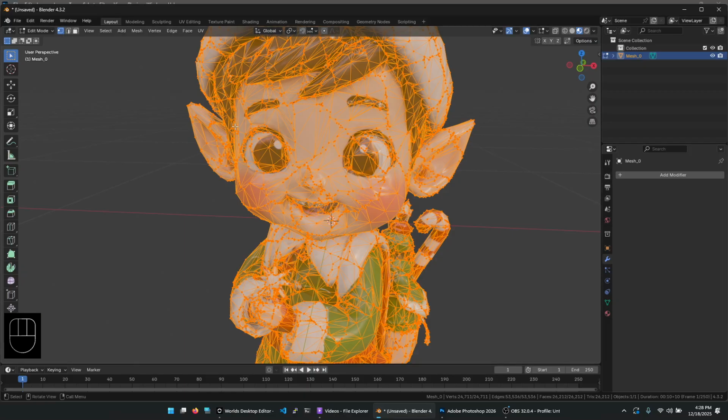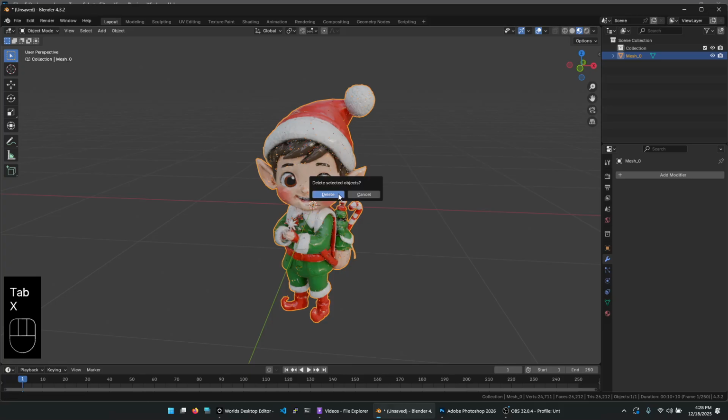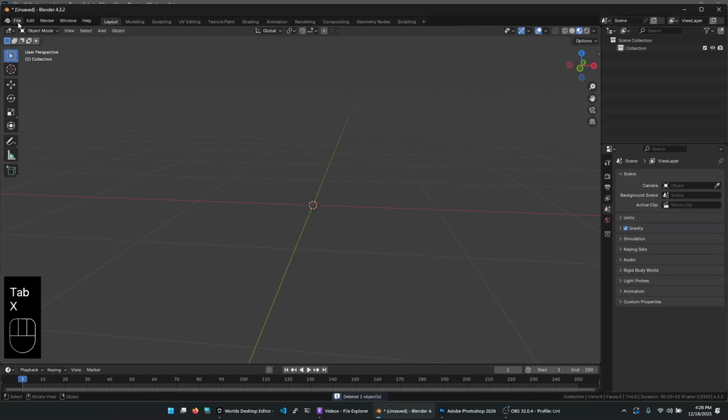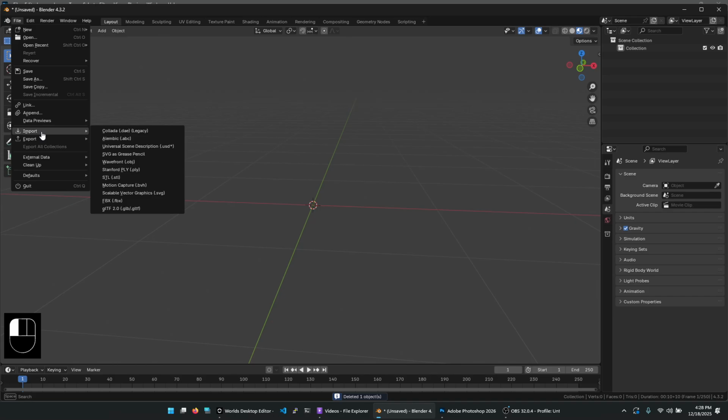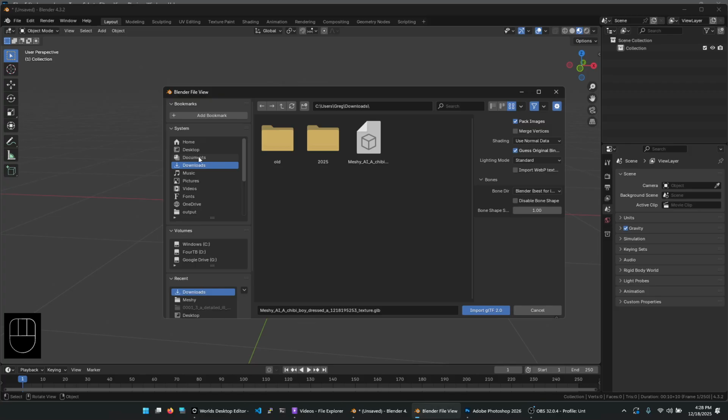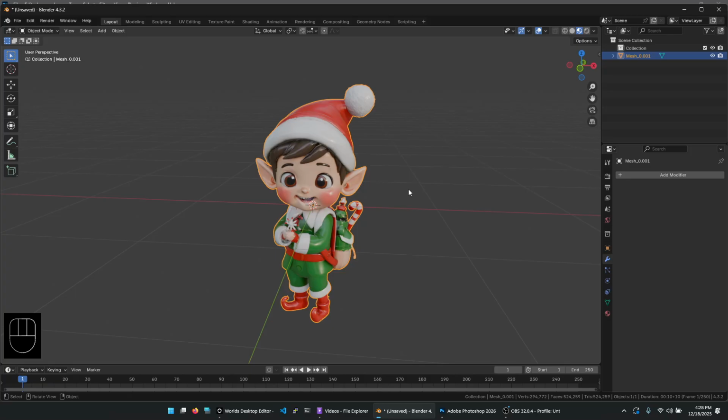So what we're going to do is we're going to trash that. We'll come out here. We'll just delete that. We'll re-import him. Import, import, GLTF. I wish it would just stay on like where. Well, yeah, it does. Okay,